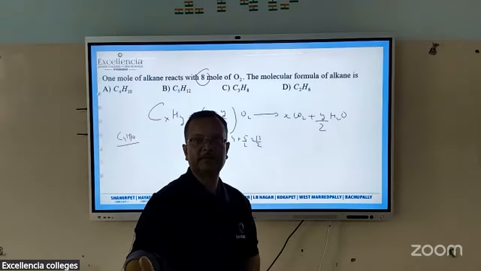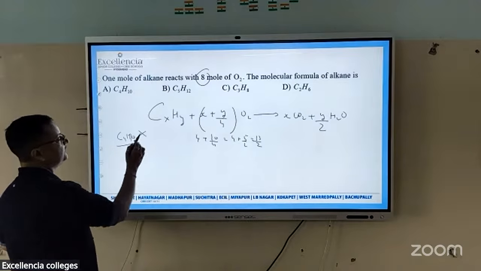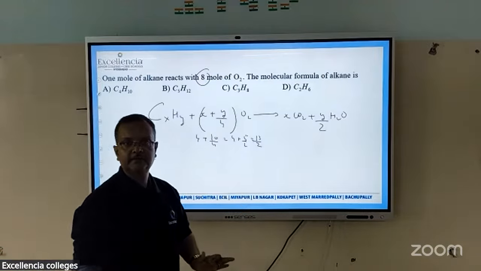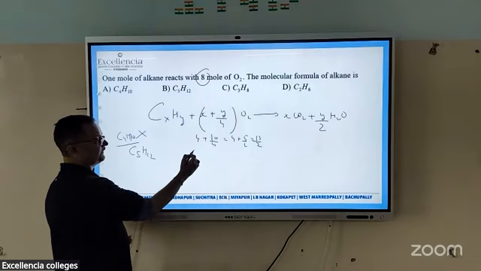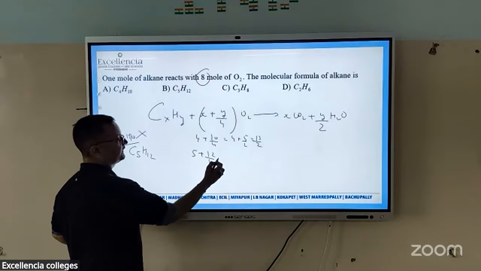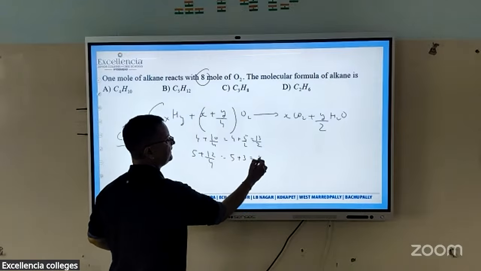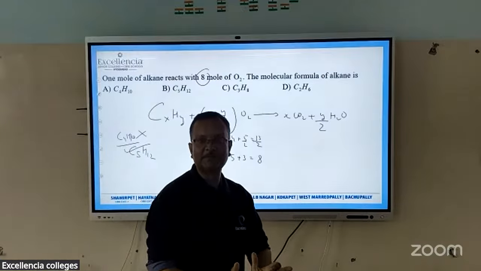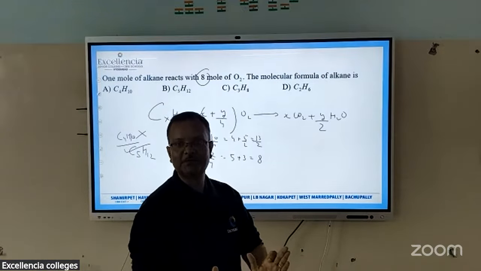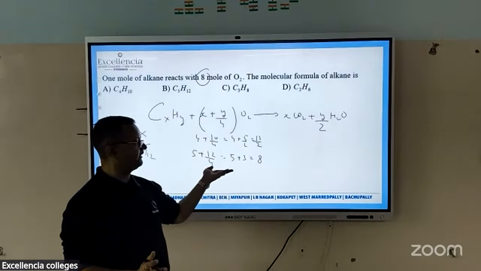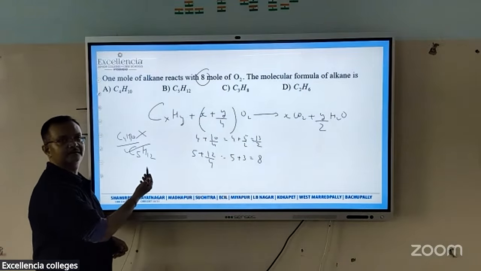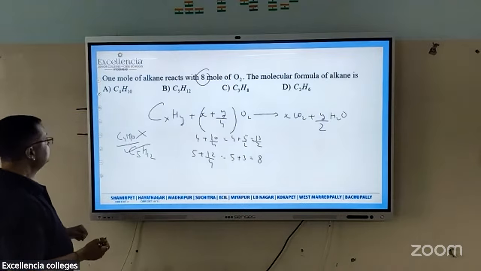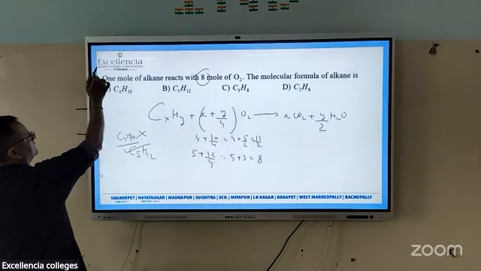So we can apply the elimination method. This is not it, so we can take the second one. What is the second one? C5H12. Now tell me, what's the value of x plus y by 4? x is 5 and y is 12, so 5 plus 3, which is 8. So we got the answer. See, this type of question has come in this paper. It is the most simple, most elementary question. We can apply this reaction and do it. So this was correct, that's the answer.